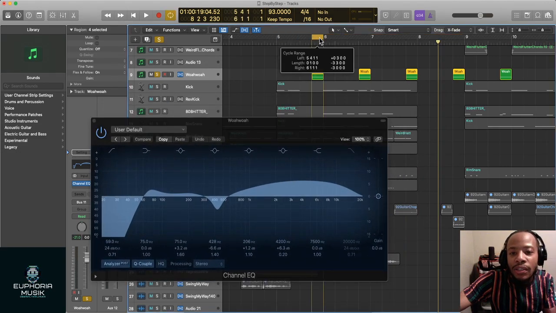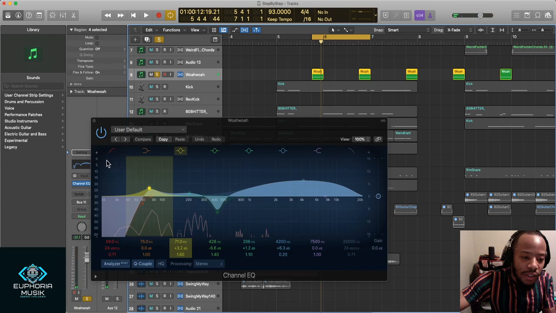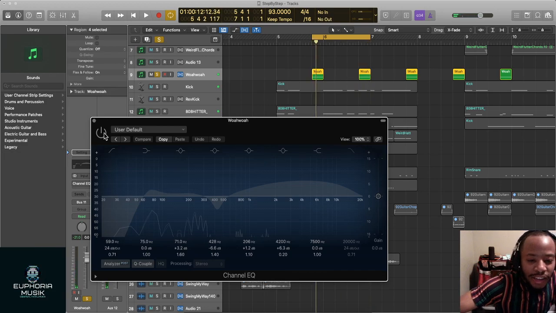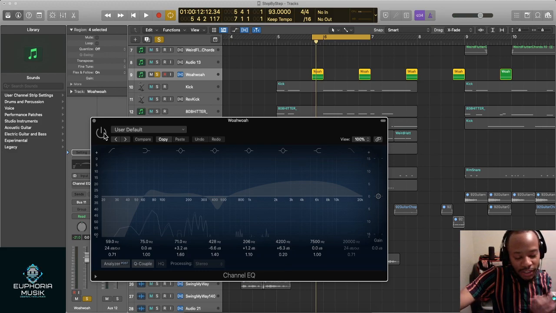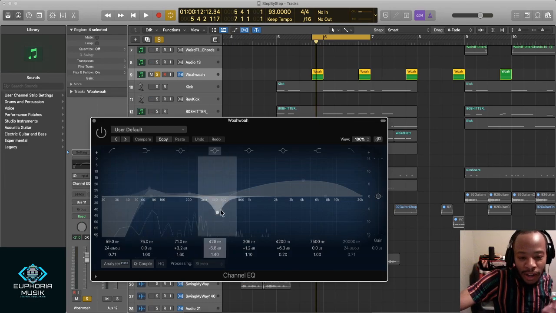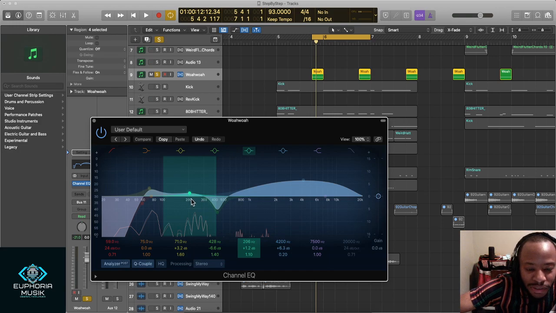When we get into the EQ of this sound, this is how it sounds without the EQ. It just sounds kind of flat. I could hear where it was going, but I wanted a little bit of that sub rumble, and I wanted some of that brightness, but I didn't want a lot of the body. As you can see, the body is found right between 200 and 500.